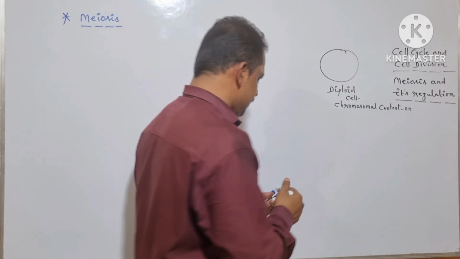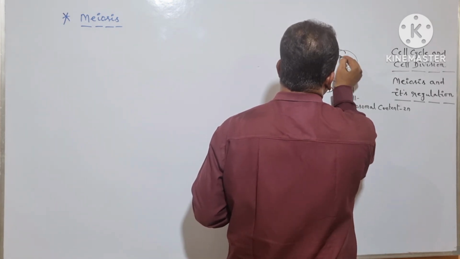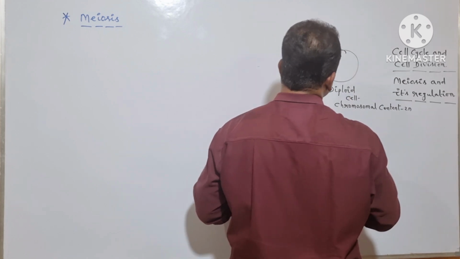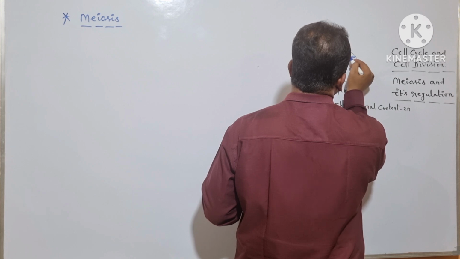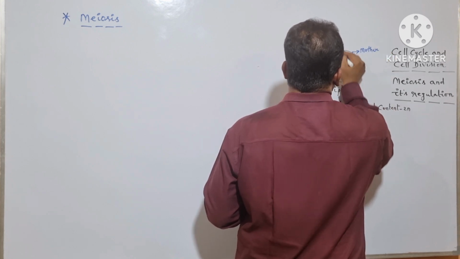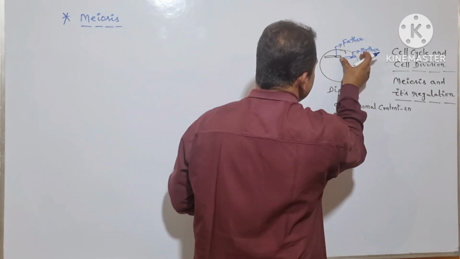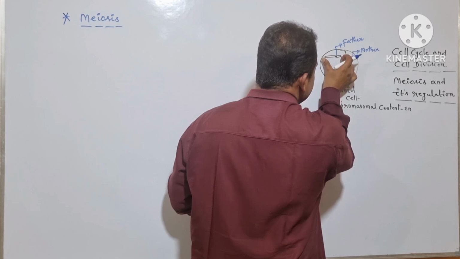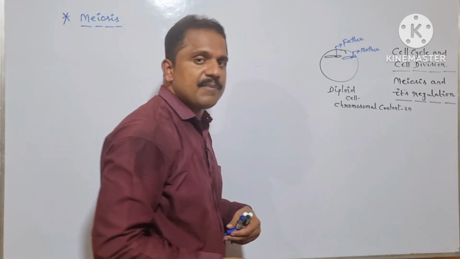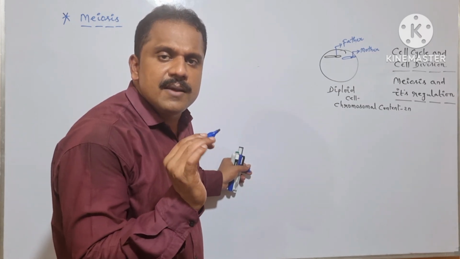Is it clear? So let us assume this as the father chromosome, right? And here is the mother chromosome. It is the mother chromosome and here is the father chromosome. So 23 chromosomes are from the mother and the other 23 are from the father. And especially during the S phase of the cell cycle, when the replication mechanism occurs, the chromosomal number becomes double.